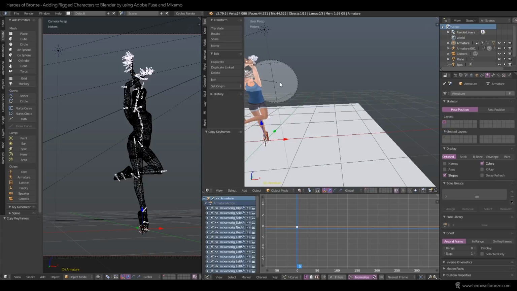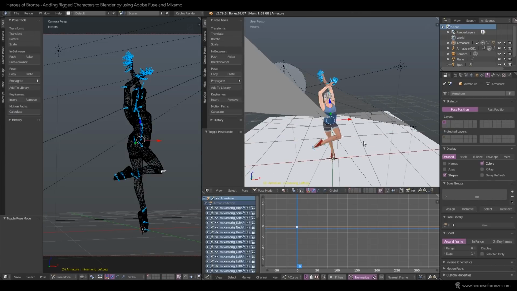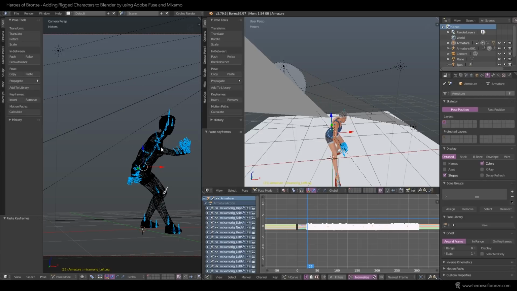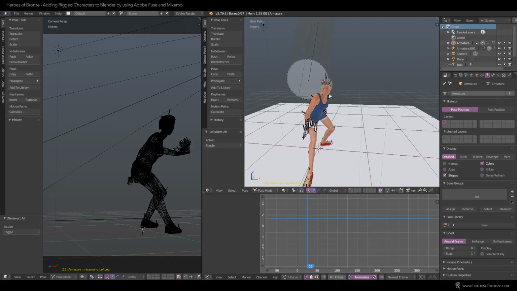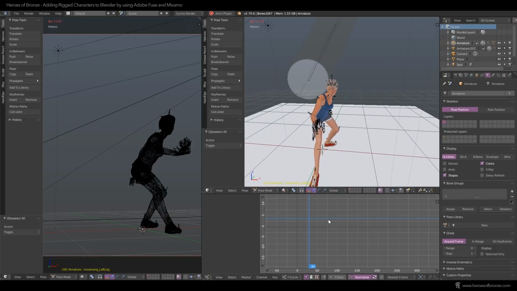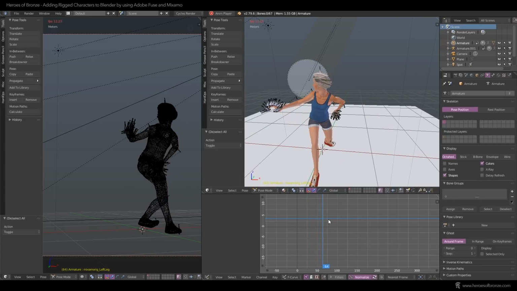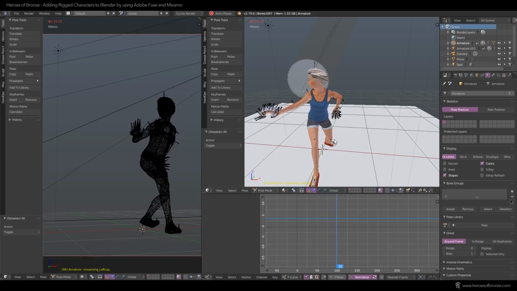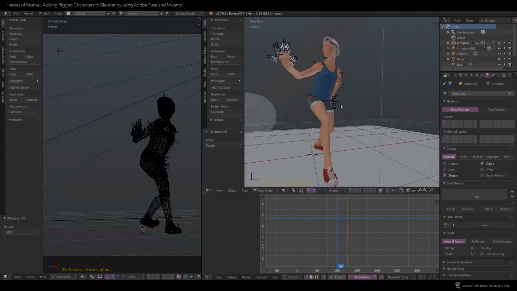Back on your original layer, you select the shaded character's armature. In Graph Editor, go to some other frame than where we have our original pose and hit Ctrl V. I'm going to repeat myself, but yes, it's that easy. And I really hope you see all the possibilities for your own animated projects.